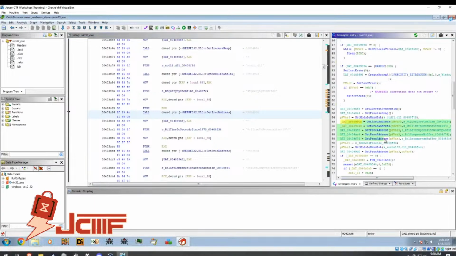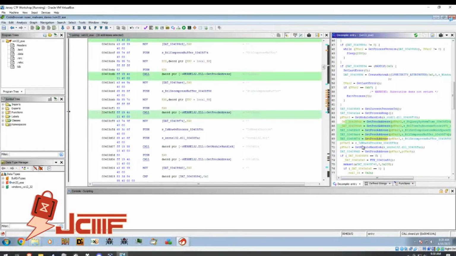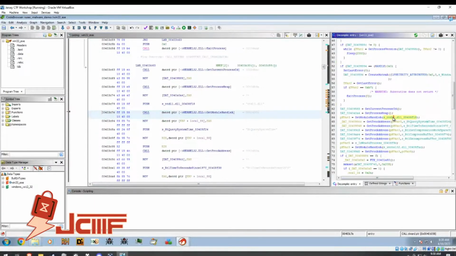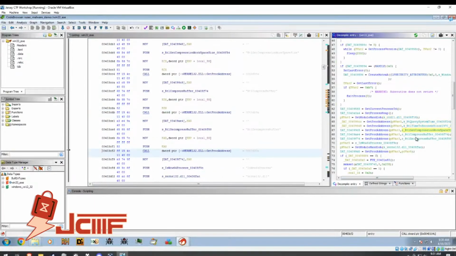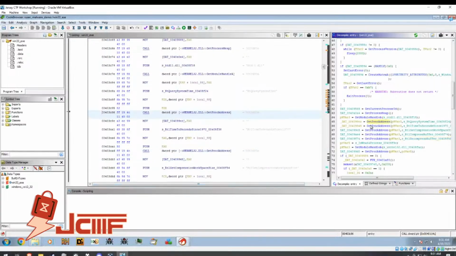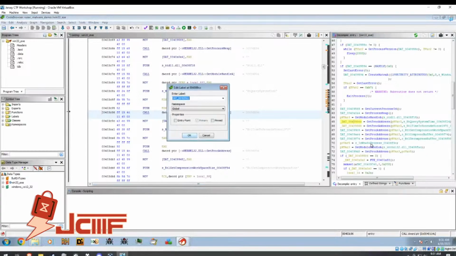So if we scroll for F74, right here you can see these get proc addresses. So this is where it accesses the DLL and it gets the API call name on the fly. This is another way to do DLL accessing, just like I showed before with the resource functions. That's one way, directly with a pointer, and this is another way, calling get proc address. But since we know what these do now, we can just rename all of these globals